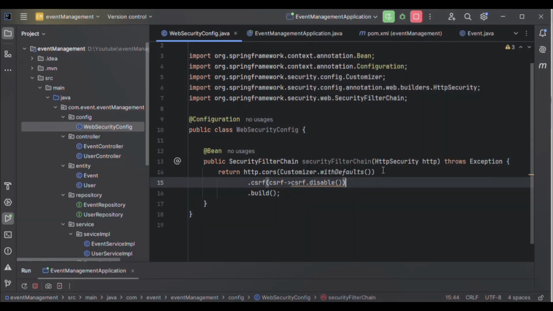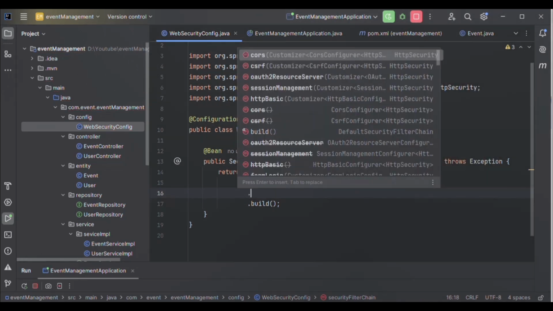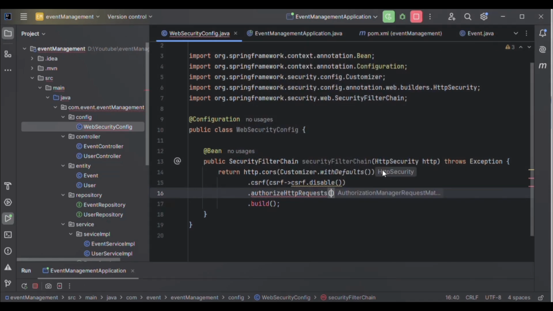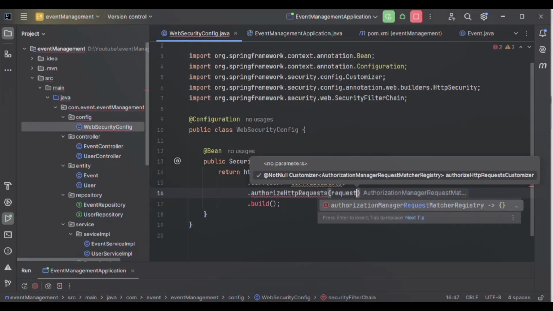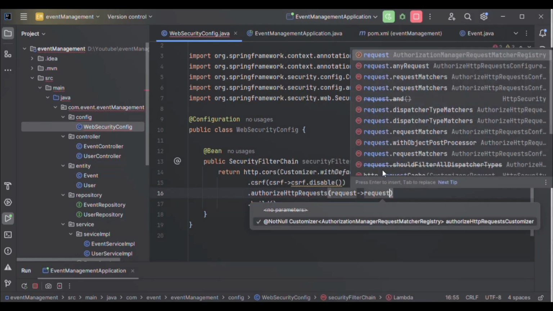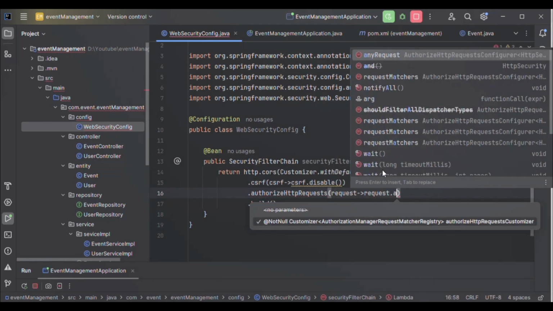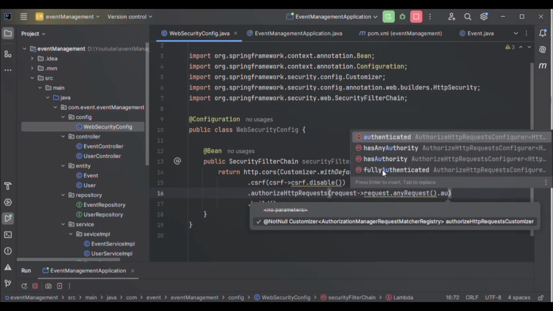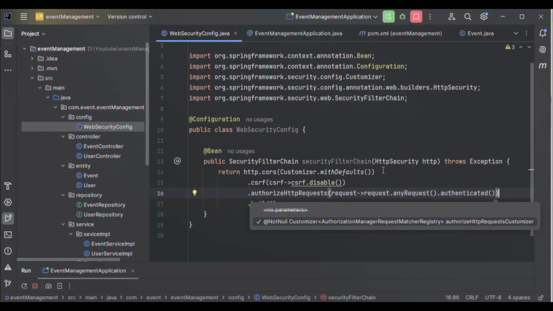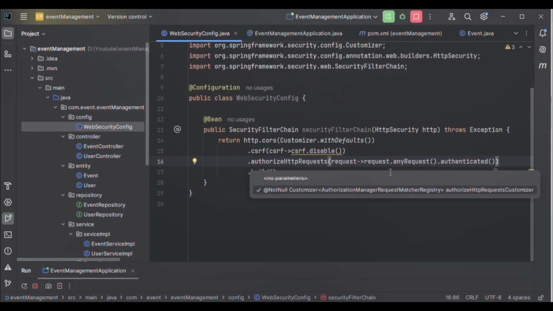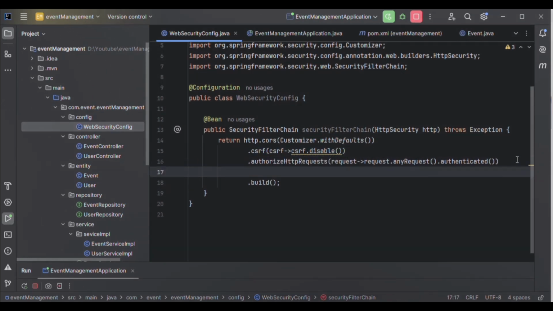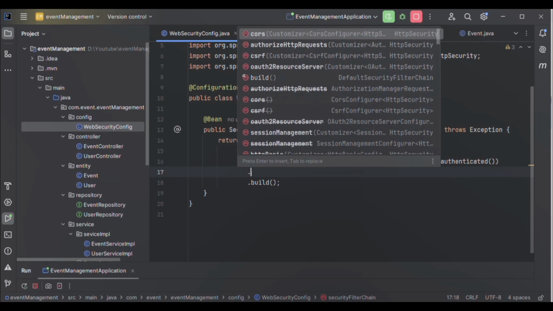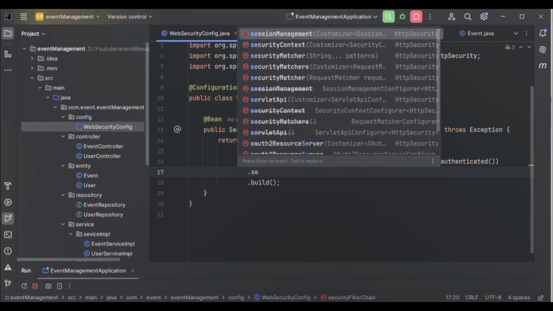This CSRF has a method disable, so I will disable it. I will tell you later why I disable this. And this is the authorizeHttpRequests. Here we will authenticate all the requests, so we will say anyRequest authenticated.